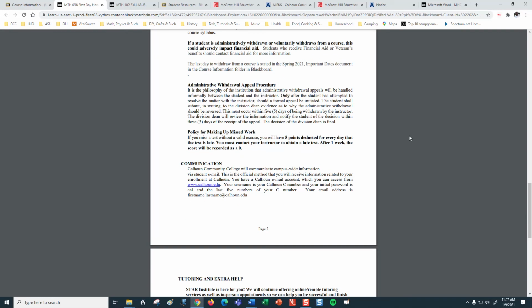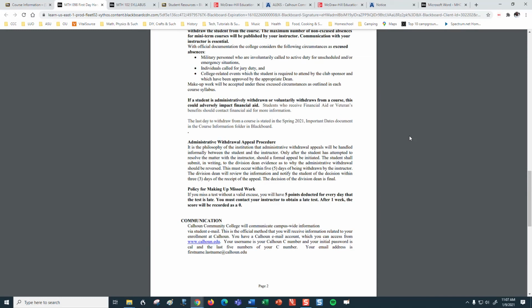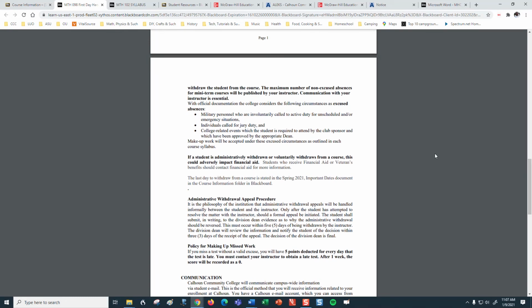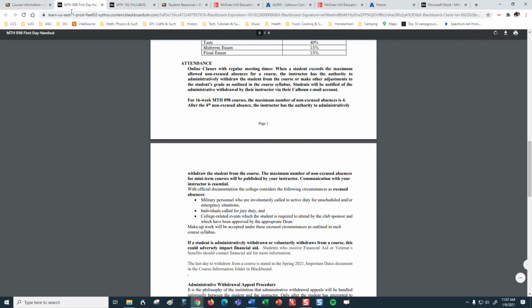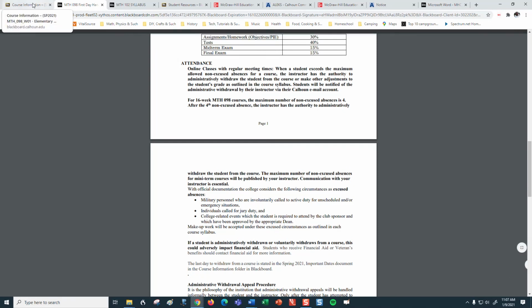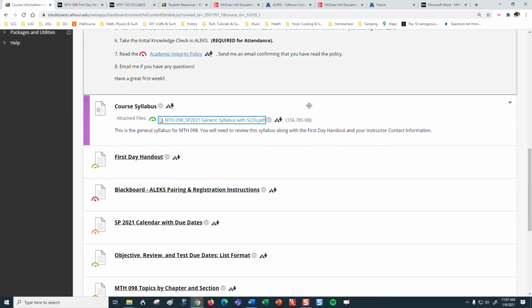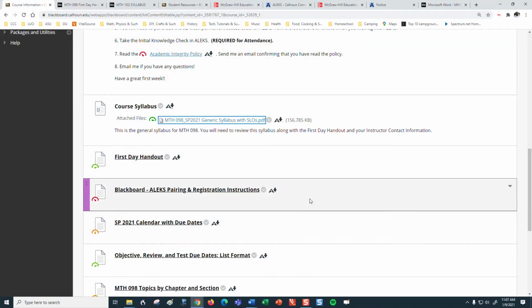And you'll also notice that I did not put the withdrawal date in either the syllabus or in this because it's one of those things I tend to forget to do, and I apologize for that. What I'm talking about is changing it. So what I do is I went ahead and I listed